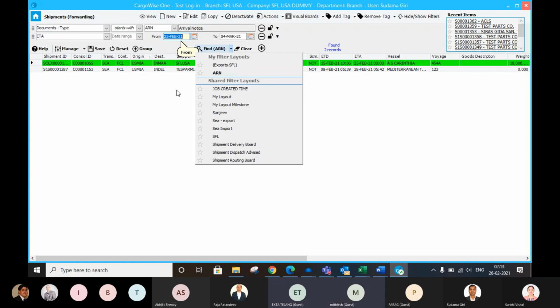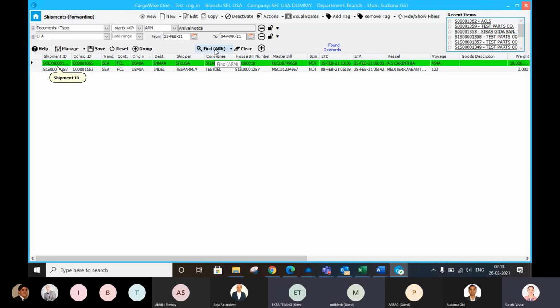The ETAs from the carrier's website can also be pulled here, right? Yes, the latest ETA can be pulled. As and when the ETA is changed or there is any delay, it will be updated automatically there, and you will be notified. Notified is like getting a mail. You will receive one email from CargoWise itself. It's a CargoWise service, so you will receive a notification email on your Outlook.